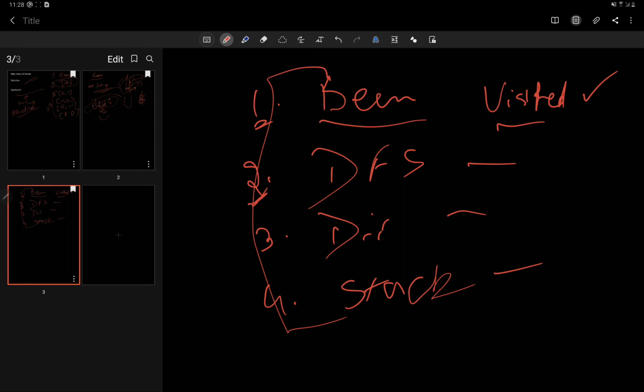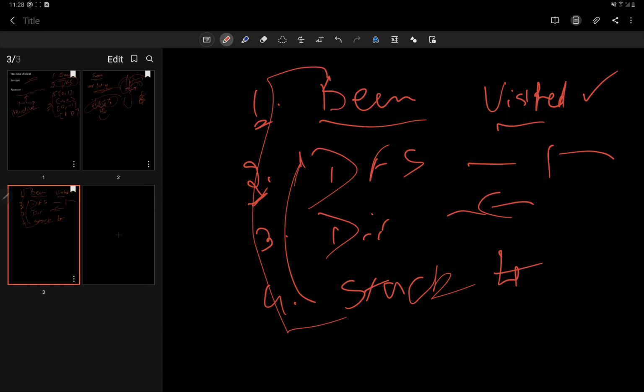All right, why DFS? Because it's a better approach, it's a kind of connected graph and we have to find the maximum one. All right, why are we using the direction array? Because it will specify where we can move from a particular position. Obviously we will place a check that the coordinate doesn't fall out of the matrix. And number 4, the main thing, that is the stack, which will be used in the DFS approach as well. So I hope the main points of the approach are clear.